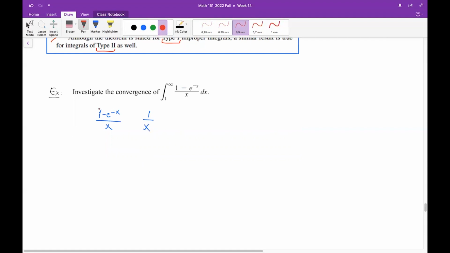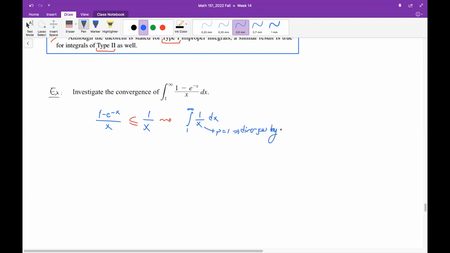As the denominator here is less than the denominator on the right, obviously the left-hand side will be smaller than the right-hand side. Then, if you investigate the convergence or divergence behavior of the right-hand side, it won't take too long because this is a p-type improper integral where p equals 1. That's why by using the p-test,